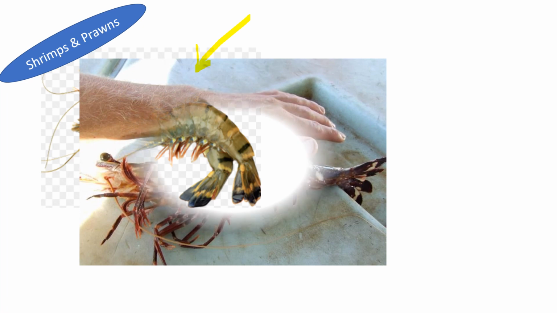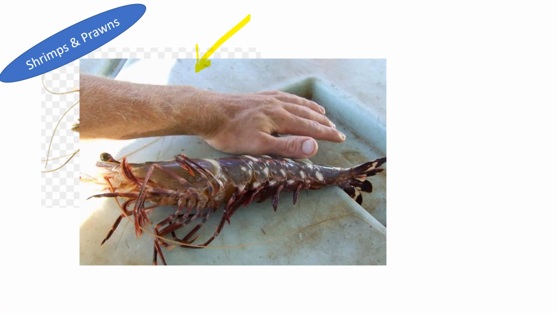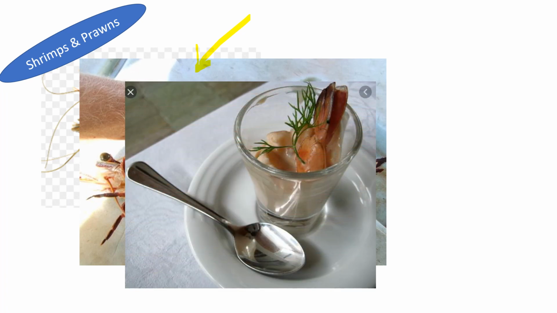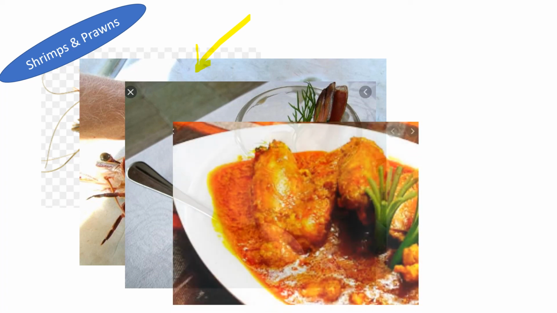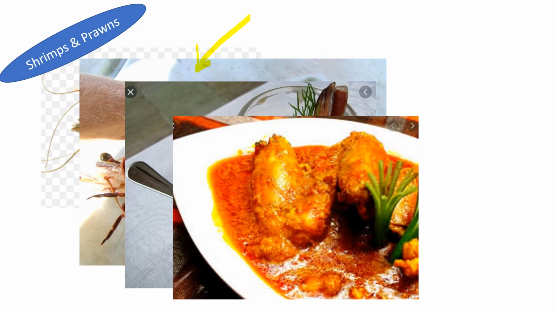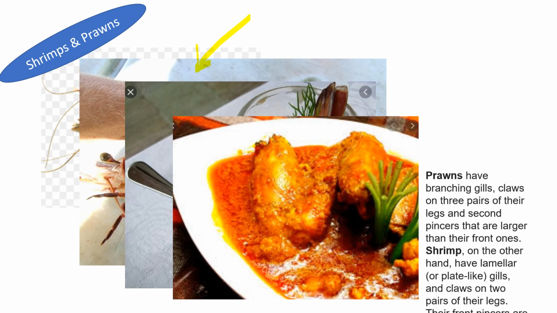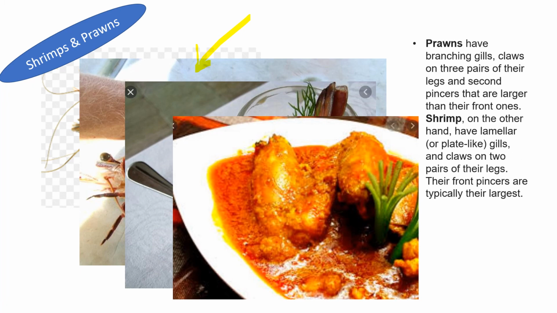Tiger prawns are large. They've got the stripes, so this is a typical example of a tiger prawn. Prawn cocktail is something we have made before. The cooked prawn is served in a cocktail sauce, which is a derivative of mayonnaise, as you all know by now. Chingri machar malai curry, which uses golda chingri, is also something you are familiar with. So that's the difference between prawn and shrimp.